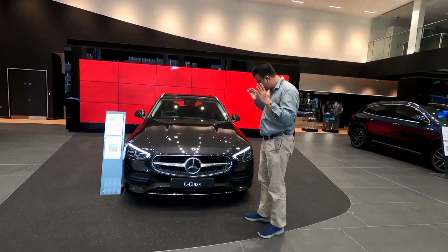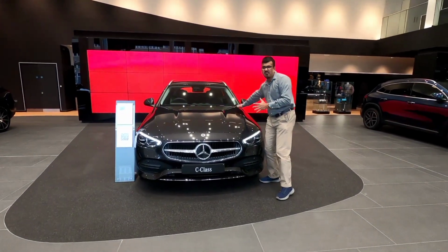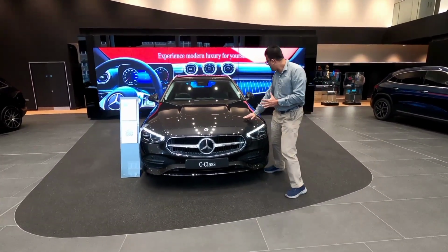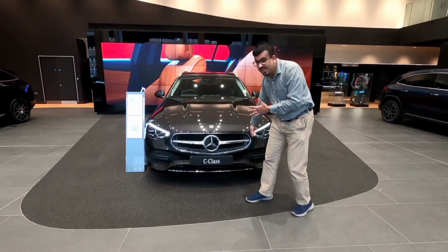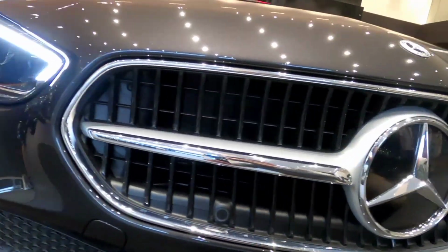So, to start with, as you see, it's got an all-new design. You have the long bonnet, which reminds me, the C-Class has actually got longer. And by the hood, you see the lines, they stretch all the way into the back, with the massive engine under the hood. Lower down you'll see there's a beautiful new grille, and I do say beautiful because just